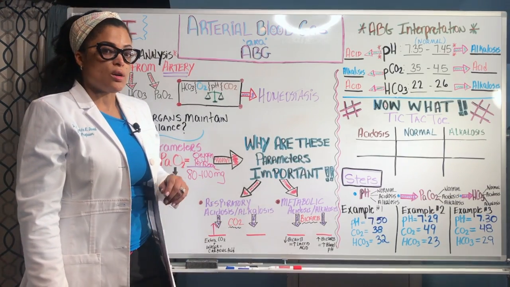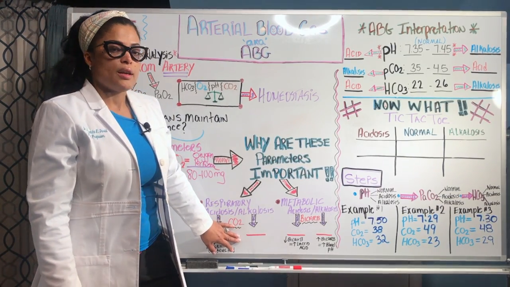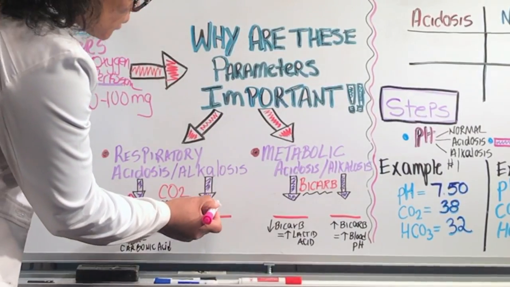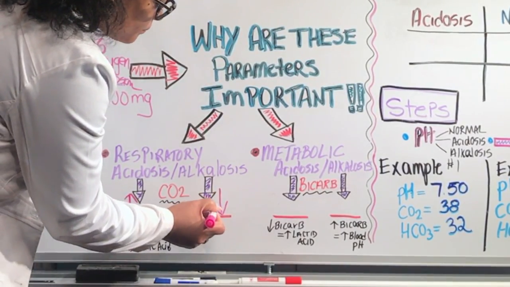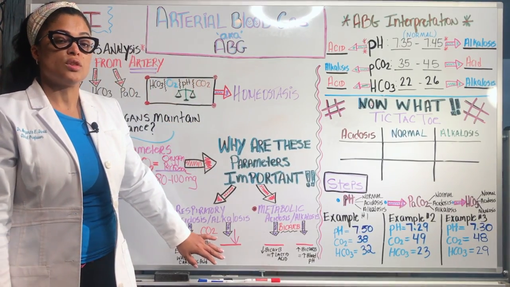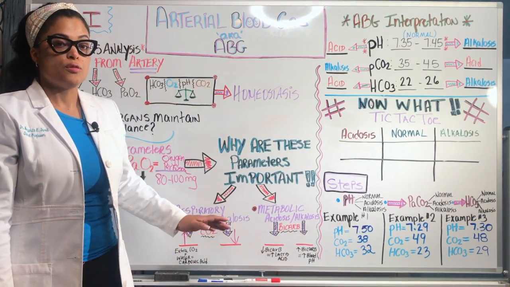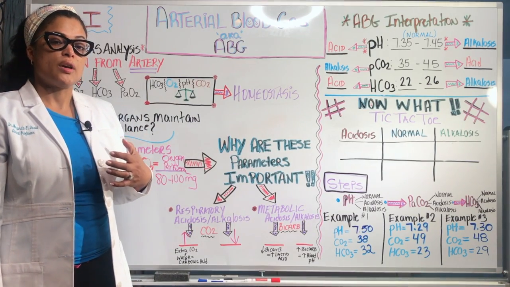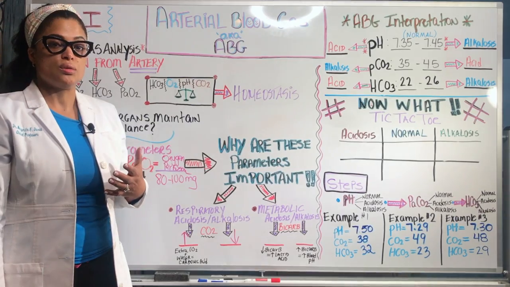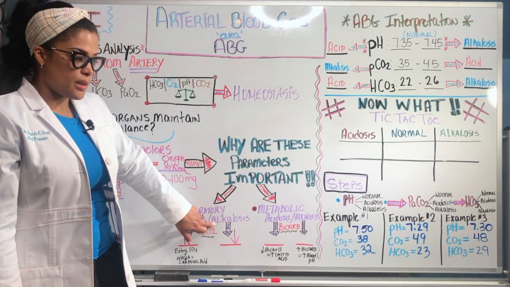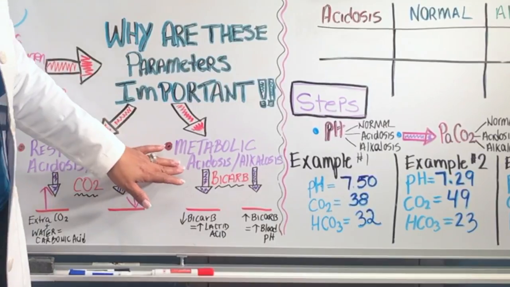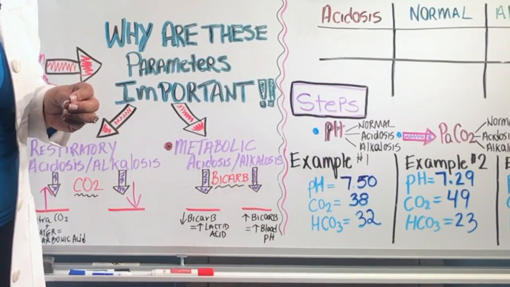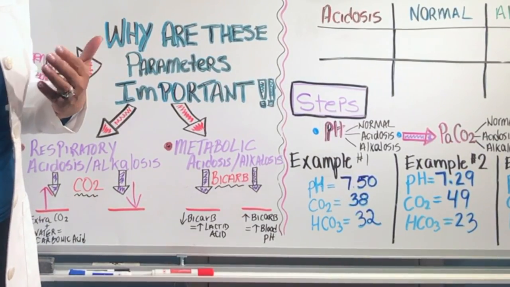In respiratory alkalosis, you have extra excretion of CO2. So the CO2 level here is decreased. This can happen in a situation where the patient is hyperventilating. For example, if they have an anxiety attack, if they're breathing too fast, they're excreting too much CO2, so they become alkalotic. In metabolic acidosis, you have a decrease in bicarb, or HCO3, which is the buffer for the body,